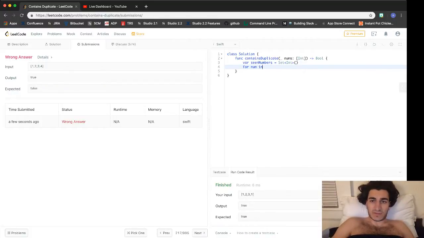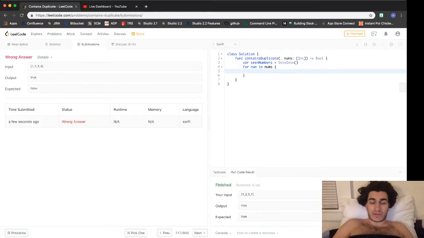For num in nums, we want to say if seen numbers dot contains num, if it contains num,